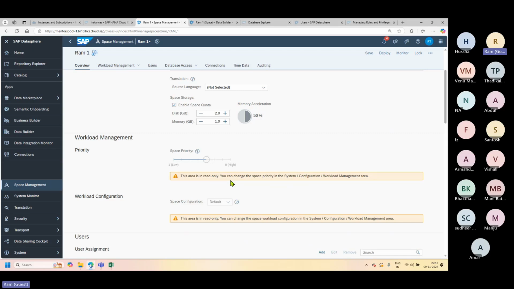So if at one peak point, all your jobs have exhausted the resources, then which job should take the priority, right? For example, if 4 or 5 jobs are coming and they are in the queue, which job gets more priority? The job that is coming from the space which has the high priority will take the most priority. I'll show you in the next session how to set the space priority,